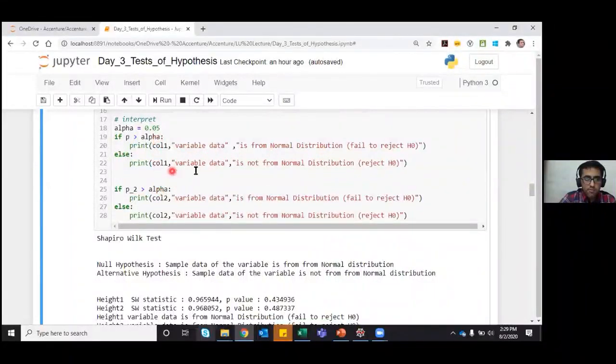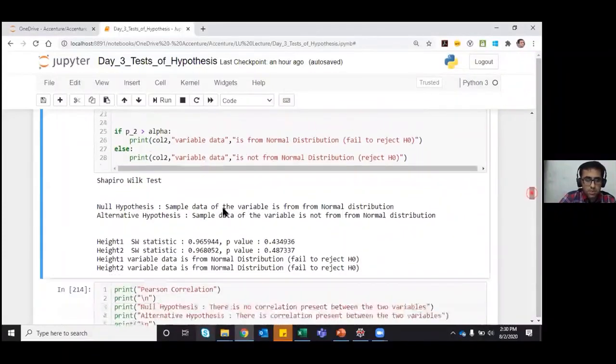And if my p-value is less than or equal to alpha, I will say the variable data is not from a normal distribution.